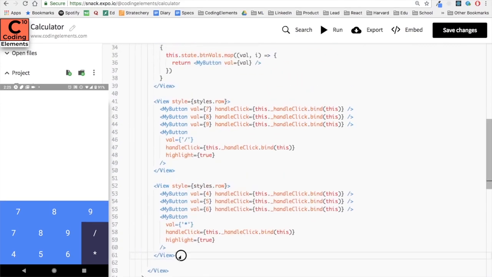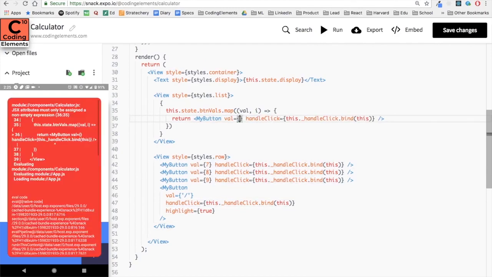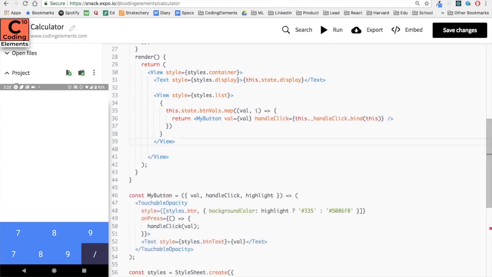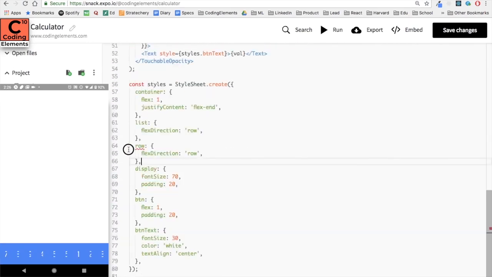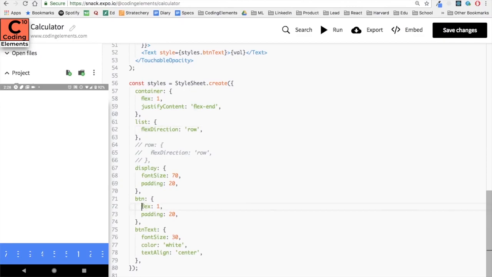Next, we will remove the buttons that we created manually in the calculator, and instead we'll add all the button values in the button vals list. Now since we are not using the row styling group, we'll comment it out.